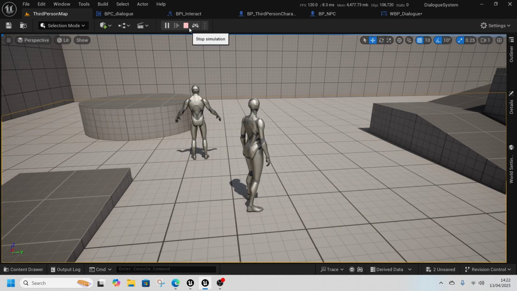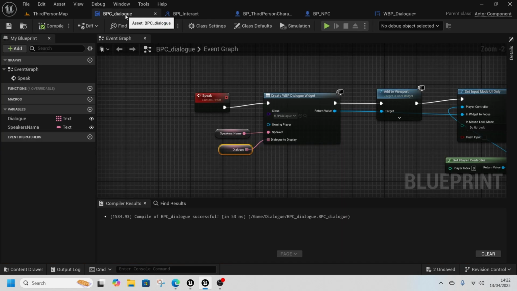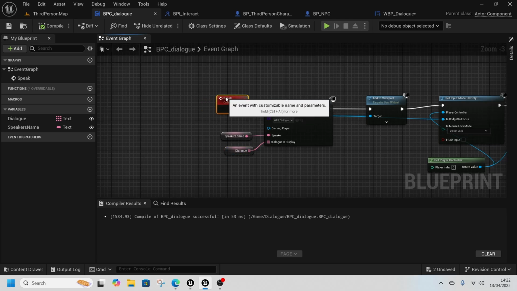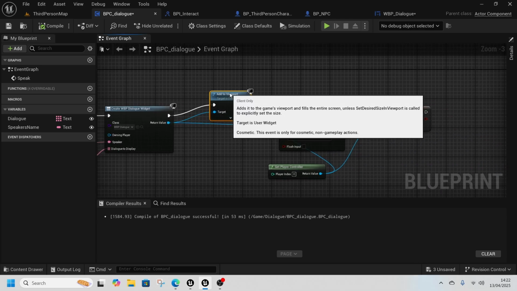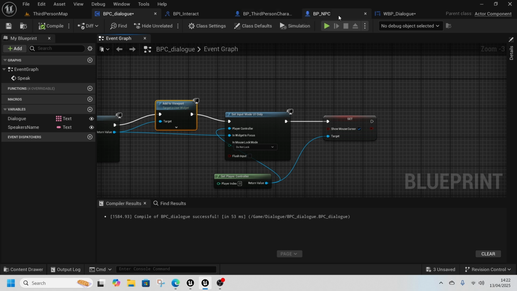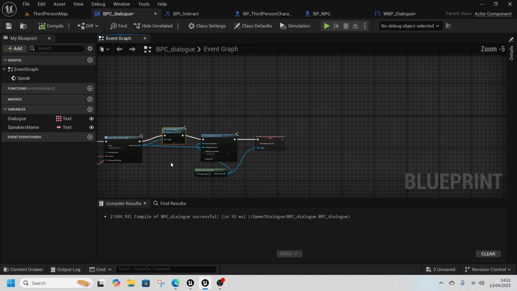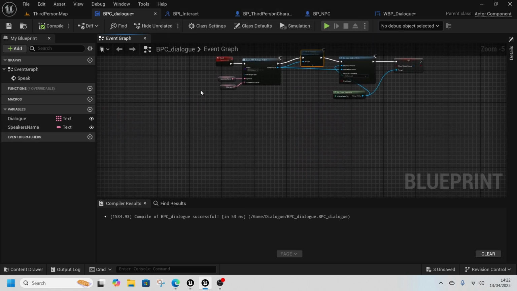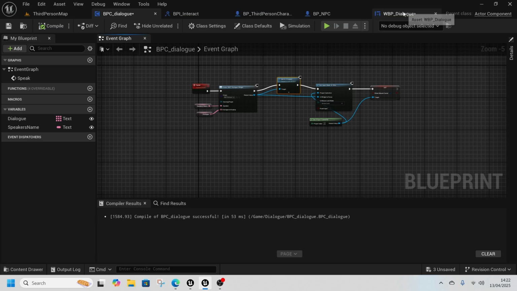So that's our basic interaction system done, and we can then add this dialog to anything, a tree or anything at all. We can also do a system where we brush past someone and it starts to say things above their head. But just before that, let's add